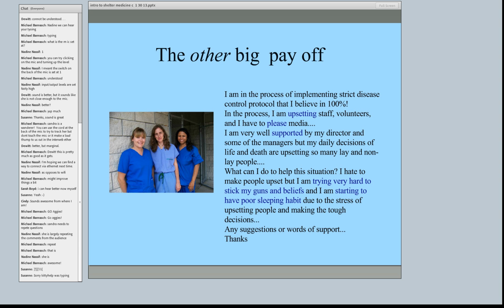More opportunities in shelter medicine. These are shelter medicine specialists from all over the country. You can work with shelters while you're in private practice, mixed private and shelter, consultation, national outreach, veterinarians working as academics. There's lots of internships in shelter medicine. In fact, we're going to have our very own intern next year. Our UC Davis intern is going to be in Wisconsin at the Dane County Humane Society, sitting in the back of the room. And there's residency programs, master's programs, PhDs, clinical instruction, academic research,